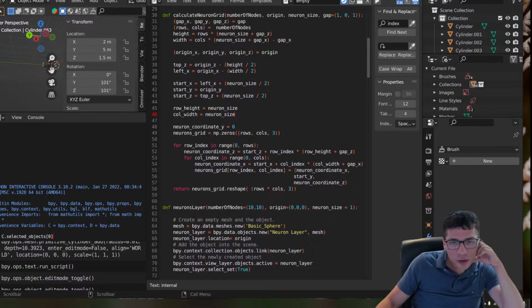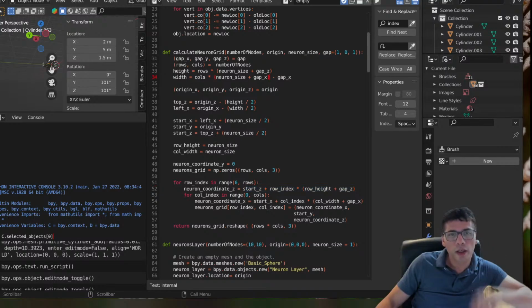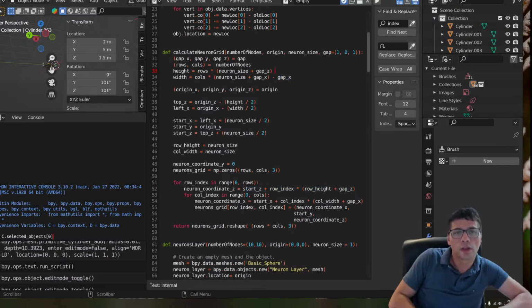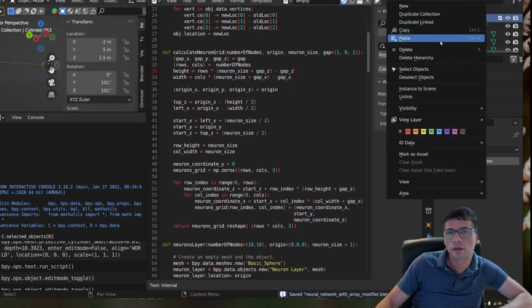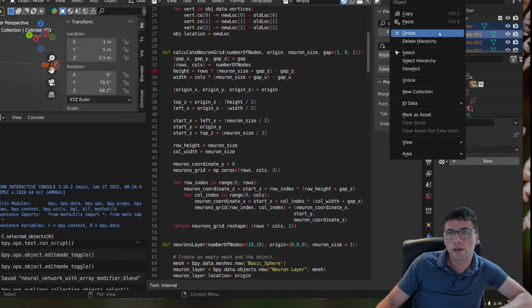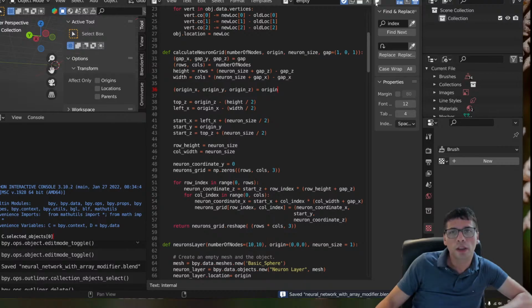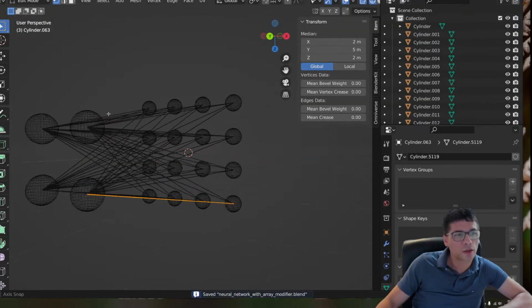Right, to neuron size. So here. Okay, yeah, so it's minus gap z. Okay. Run again. Okay, we have now